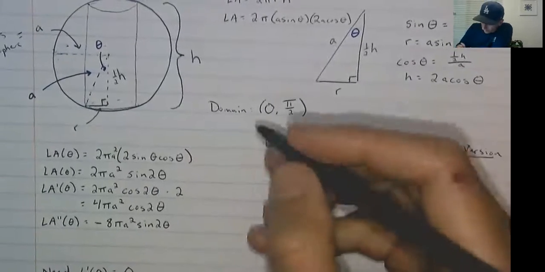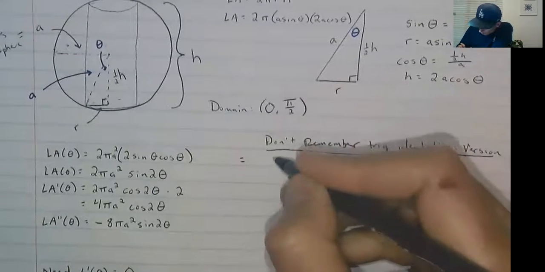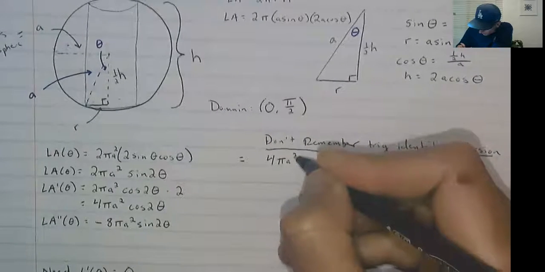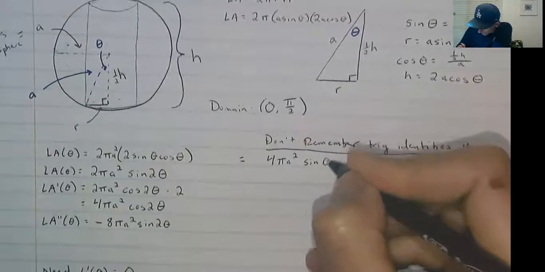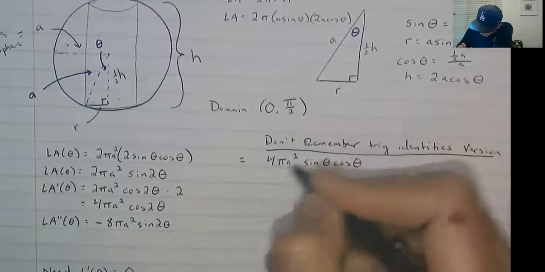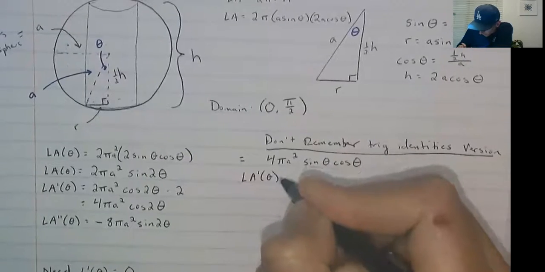You would have done this and said that this thing is equal to 4 pi a squared times the sine of theta, cosine of theta, which meant that in this version of events, the first derivative, we're